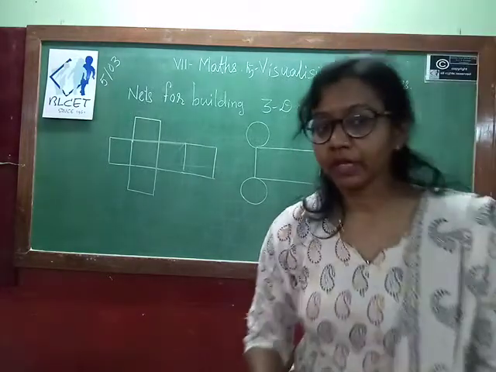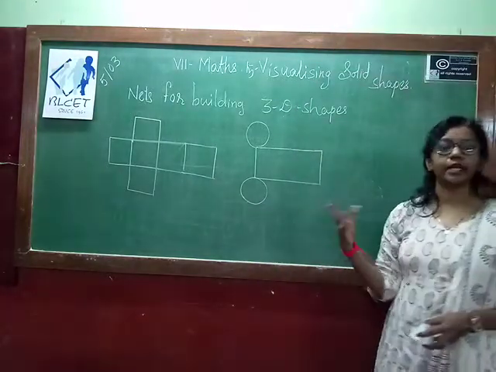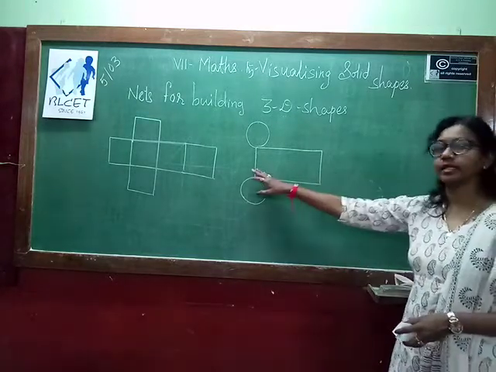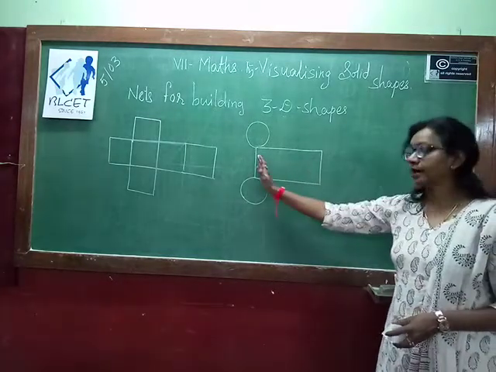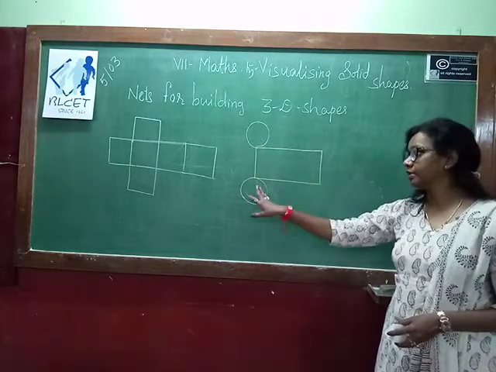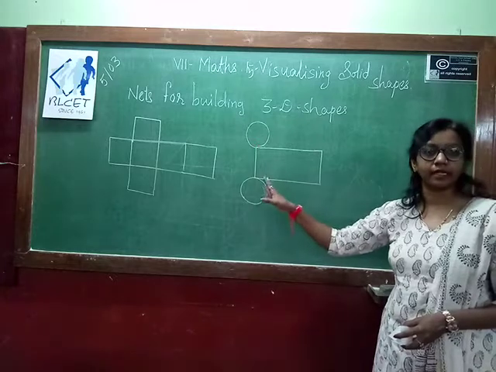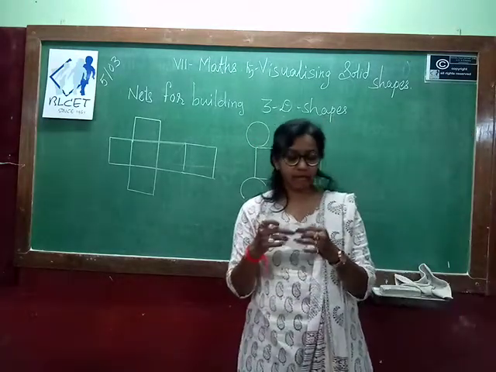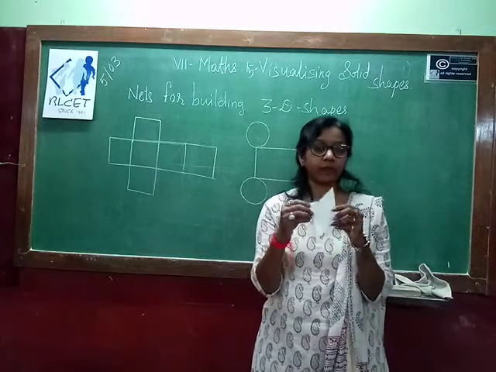Same way, if you want to form a cylinder, you know that from a rectangular shape of paper you can easily fold and make the cylinder. So this is your lateral surface through which you can make the cylinder. The top and bottom are both circles. So this way you can form it. This is the net. Now next I have a pyramid.